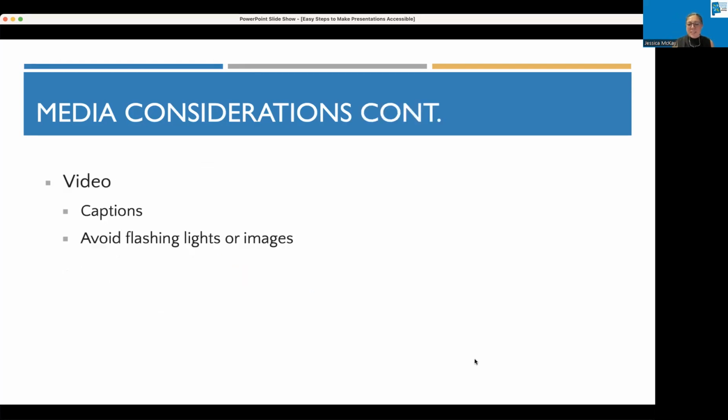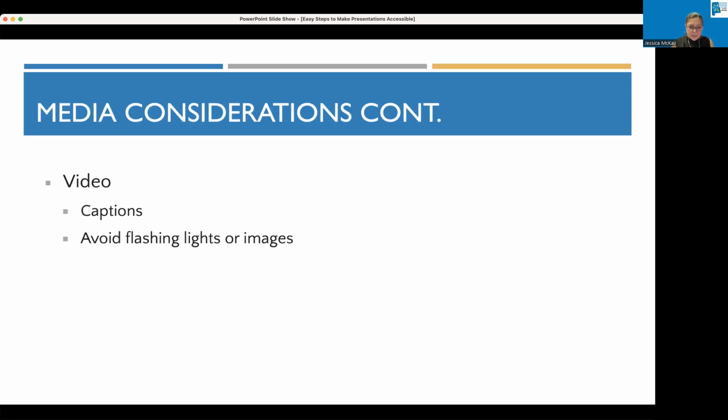Media considerations continued. So we want to talk about videos. Anytime you are showing a video, you need to make sure it's captioned. Auto captions, especially if it's something pre-recorded and you're showing later, you really need to make sure those are good edited captions, timing is good, etc. And then you want to avoid flashing lights or images.